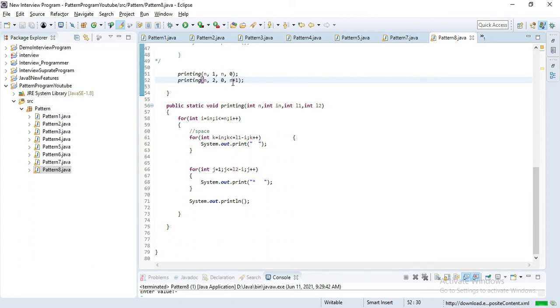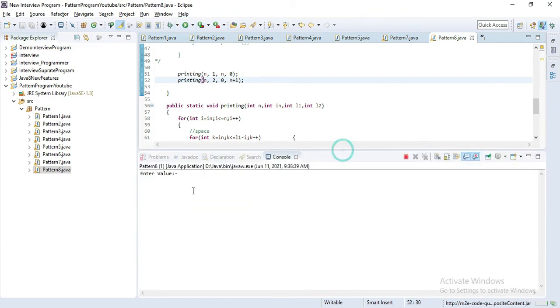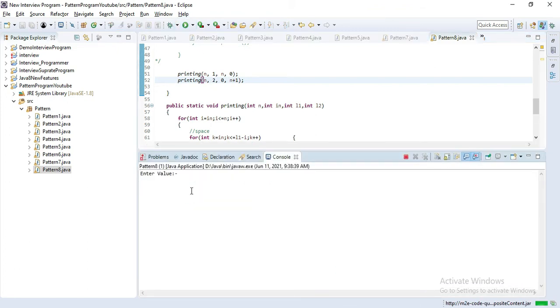Let's save this, run this and enter your value. I'll simply enter 5. You can see we got our output, something very bad. Let's fix this.